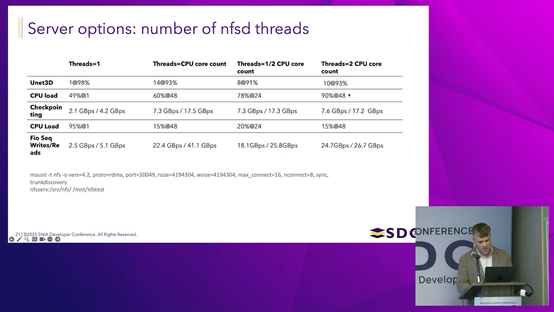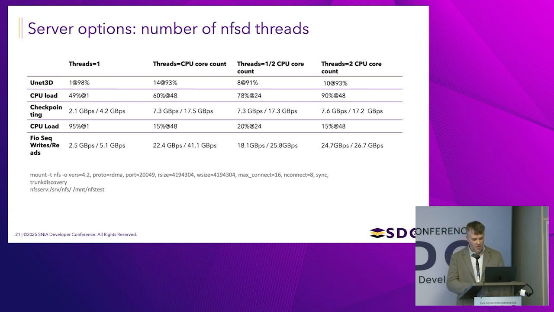I was able to run a simulation of only 9 or 10 NVIDIA H100 GPU accelerators, and the total CPU load increased up to 90%. And for checkpoint operations, I was stuck at 7.3 gigabytes per second for writes and about 17 gigabytes per second for reads,